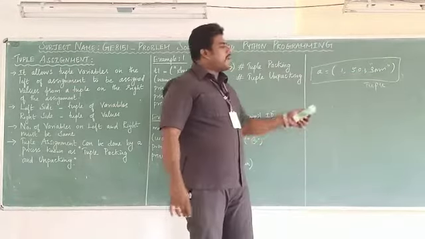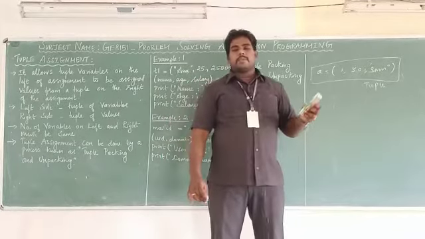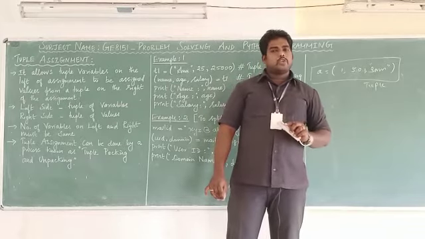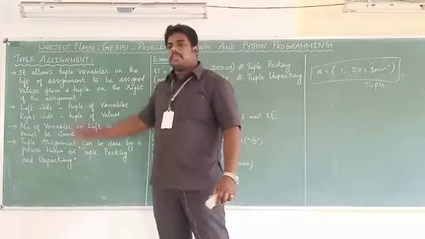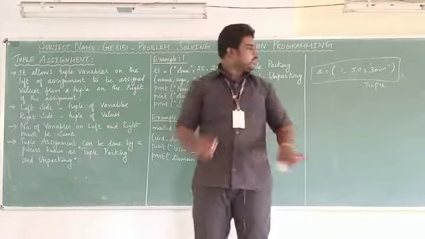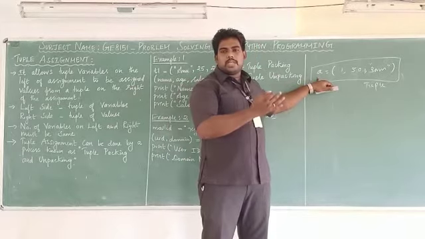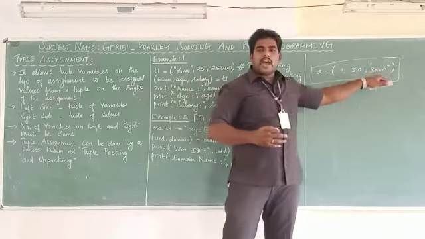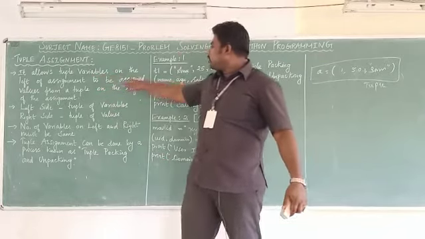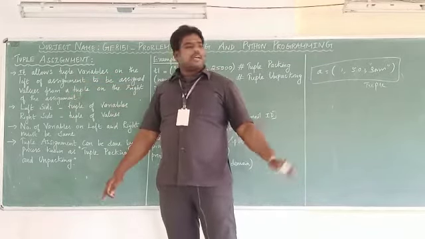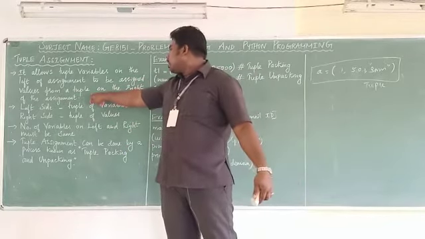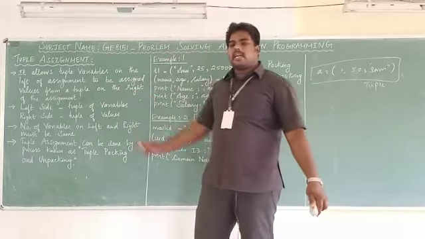So the tuple has one special property. That special property is called tuple assignment. Now we are going to see about that tuple assignment. So what does tuple assignment mean? It allows the tuple variables, that is, variables are always on the left side, right? See here, A is the variable. The variable is present on the left side, and these values are present on the right side. That's what it allows: tuple variables on the left side of the assignment, assignment meaning before the equal to, to be assigned the values from the tuple on the right side of the assignment.